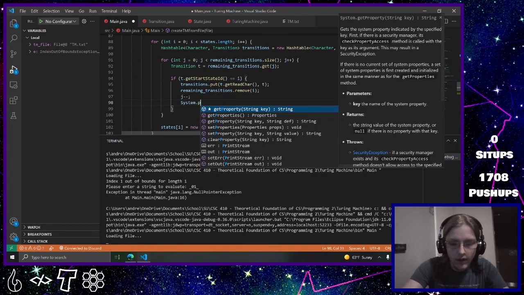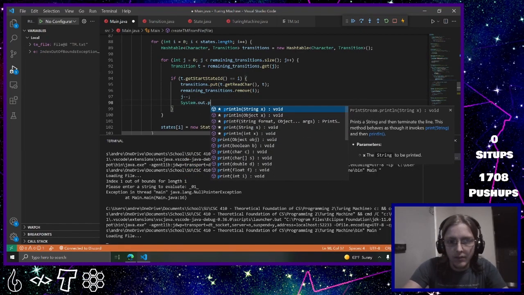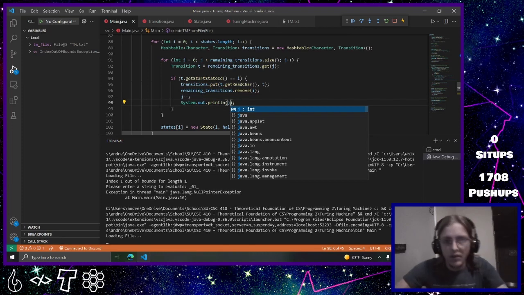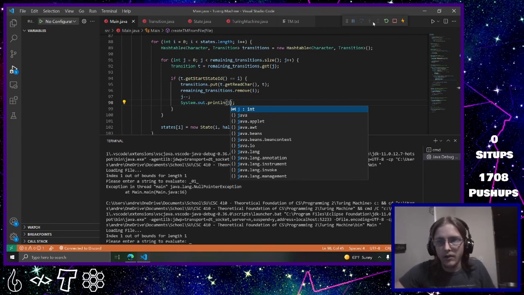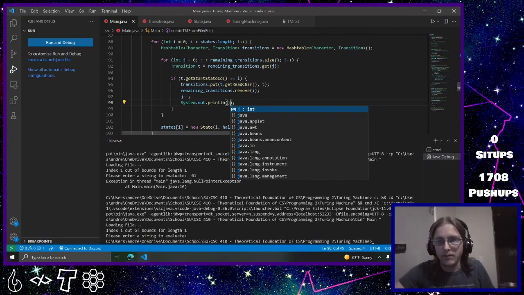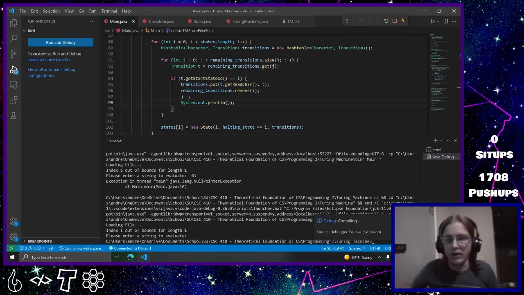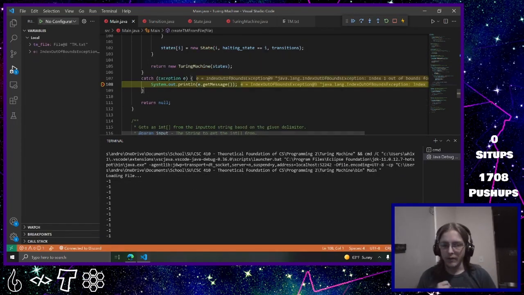System dot out dot print line j. So when I run this again, it should tell me all the values of j, because I'm hoping that